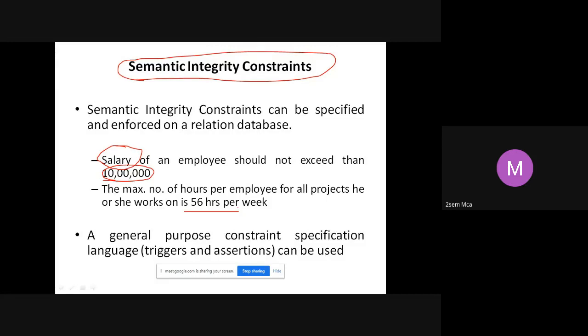For example, I said voter cannot be less than 18 years of age. That is again a semantic integrity constraint that I am trying to apply on the voter. When I try to recruit students for MCA, they all should be between, let us say, 21 to 24 years of age. So that's again a constraint. I don't want somebody who is aged 40 years to come into MCA, nor someone who is just 10 years old. So the age should be between 22 to 24 or 20 to 24, whatever. That's again a constraint that I am trying to apply. These are all called semantic integrity constraints.